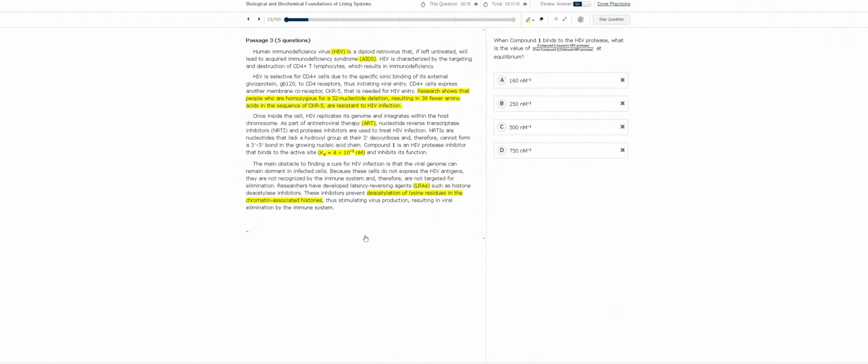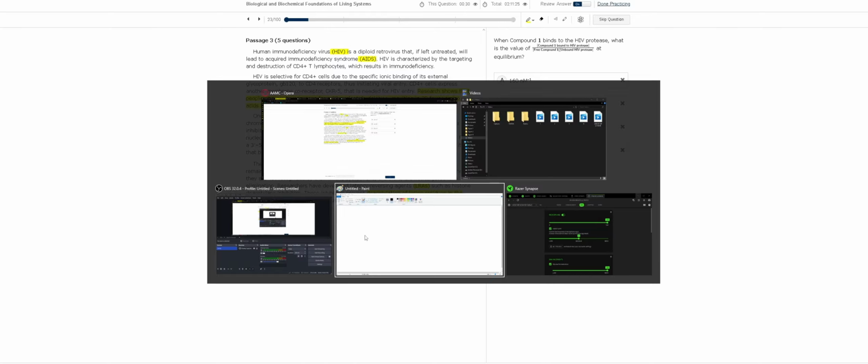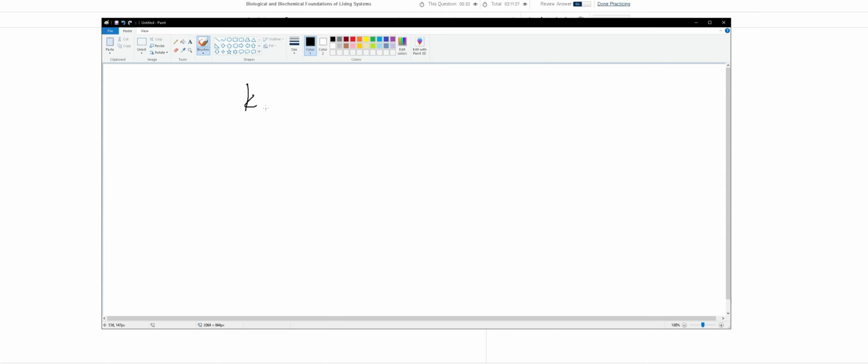Question number 4. When compound 1 binds to the HIV protease, what is the value of this at equilibrium? Right away, this looks like a daunting equation, but this clicks to me. If you remember correctly from your content review, the formula for the constant of dissociation is when you have a free ligand or a free substrate, whatever you want to call it, and then you have that free enzyme or protease. I'll just call this an enzyme for this example,